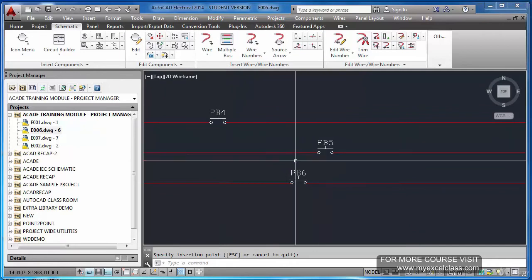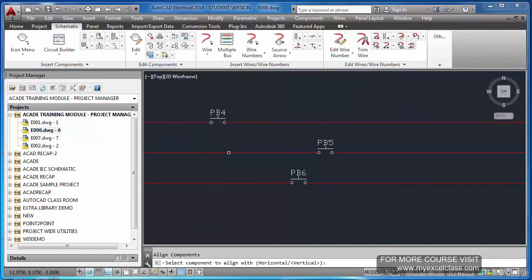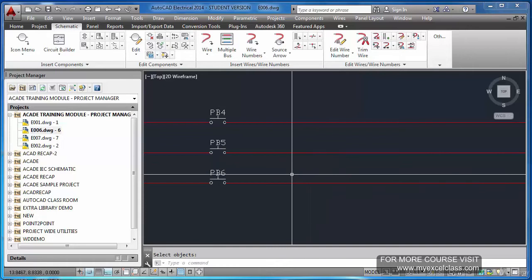One is here, one is here, one is here. In this case, we can align. Select component to align with. See the command line. I selected this and select objects this and this. See, it is aligned now.